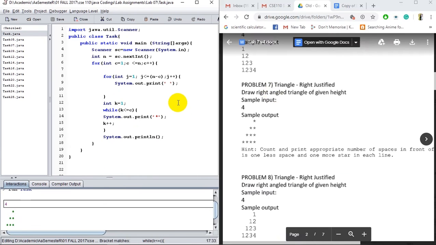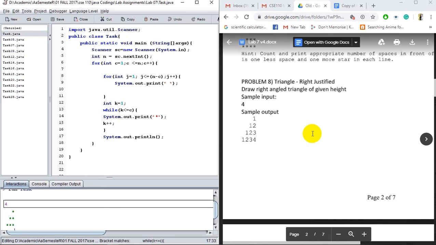So this is the task 7. And for task 8, the same thing, that when we are in the first row we need to print